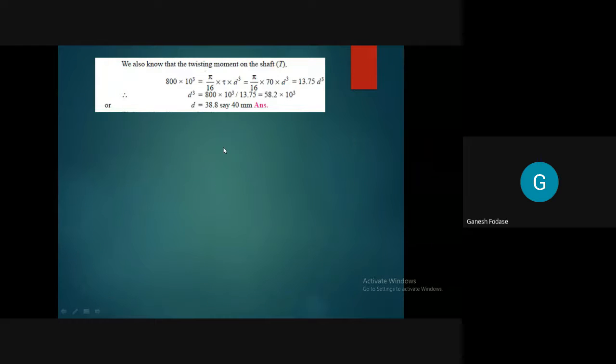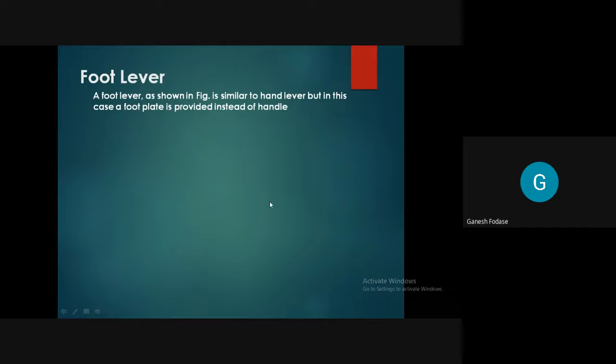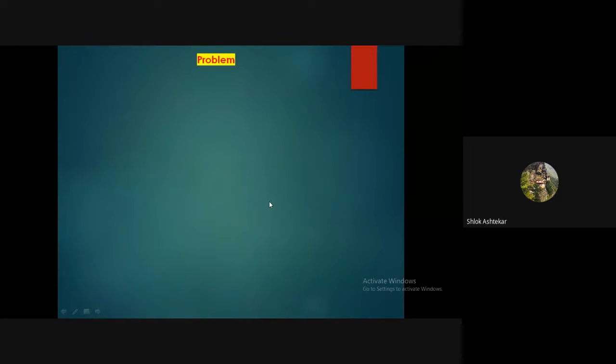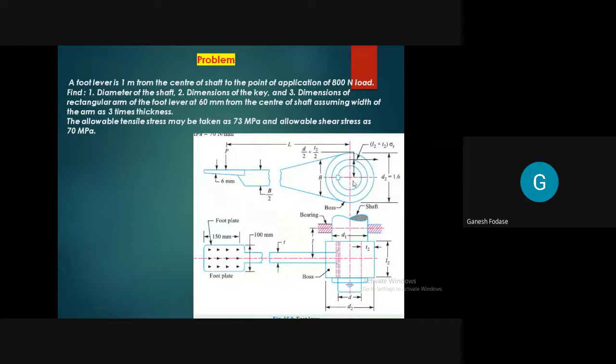Now how to find D1, please? You know what D1 is? Diameter of the shaft at the center of the bearing, inside the bearing. This portion, this diameter D1. I hope it is visible to you. Yes. Okay, so this diameter D1 you need to find out, and as I told you, this portion is subject to two types of moments: one is twisting moment, the other is bending moment. So the combined, equivalent twisting moment is there. How to find the equivalent twisting moment? T equal to root of M square plus T square.